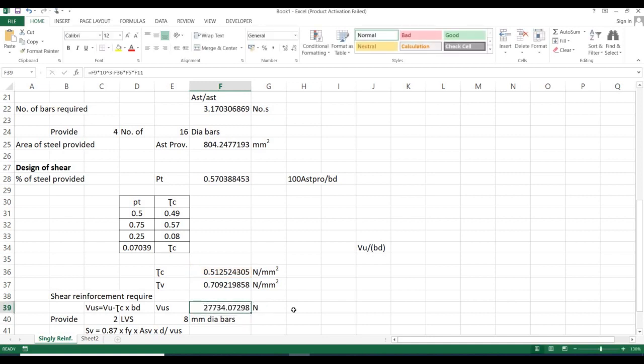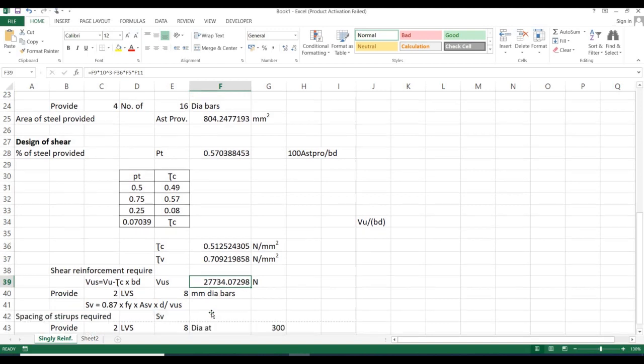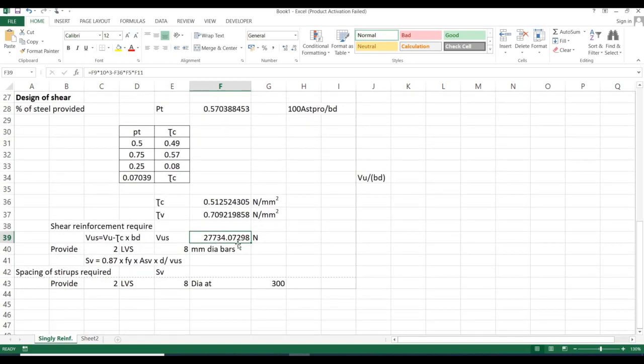Yeah, this will be my Vus for this force, 27 kilonewton or 27,734 Newton. I have to calculate the shear reinforcement using 2-leg vertical stirrups,